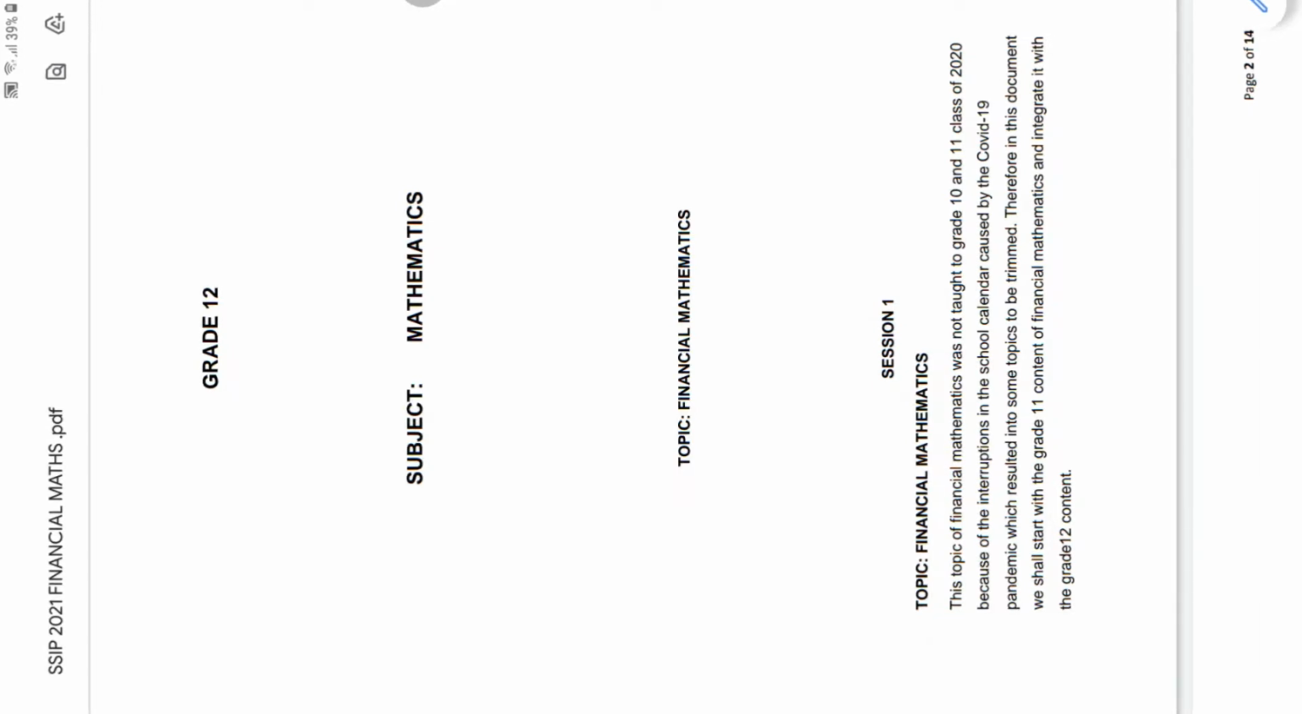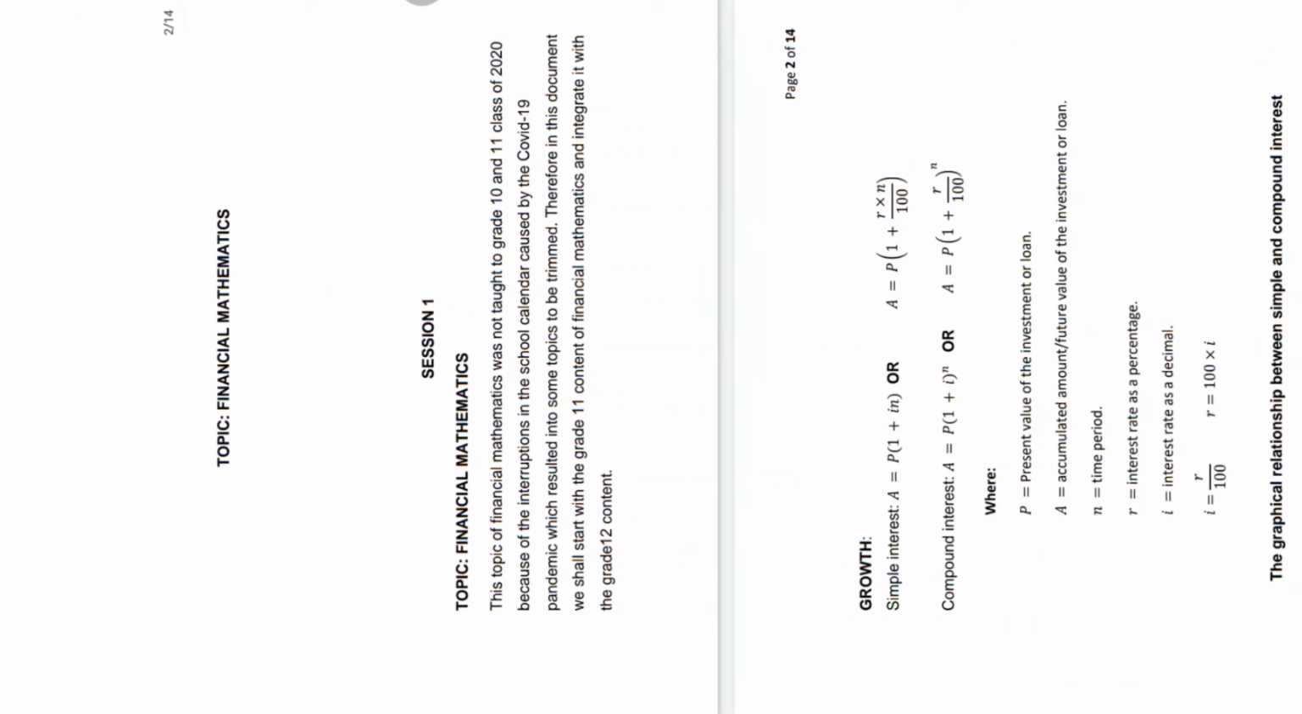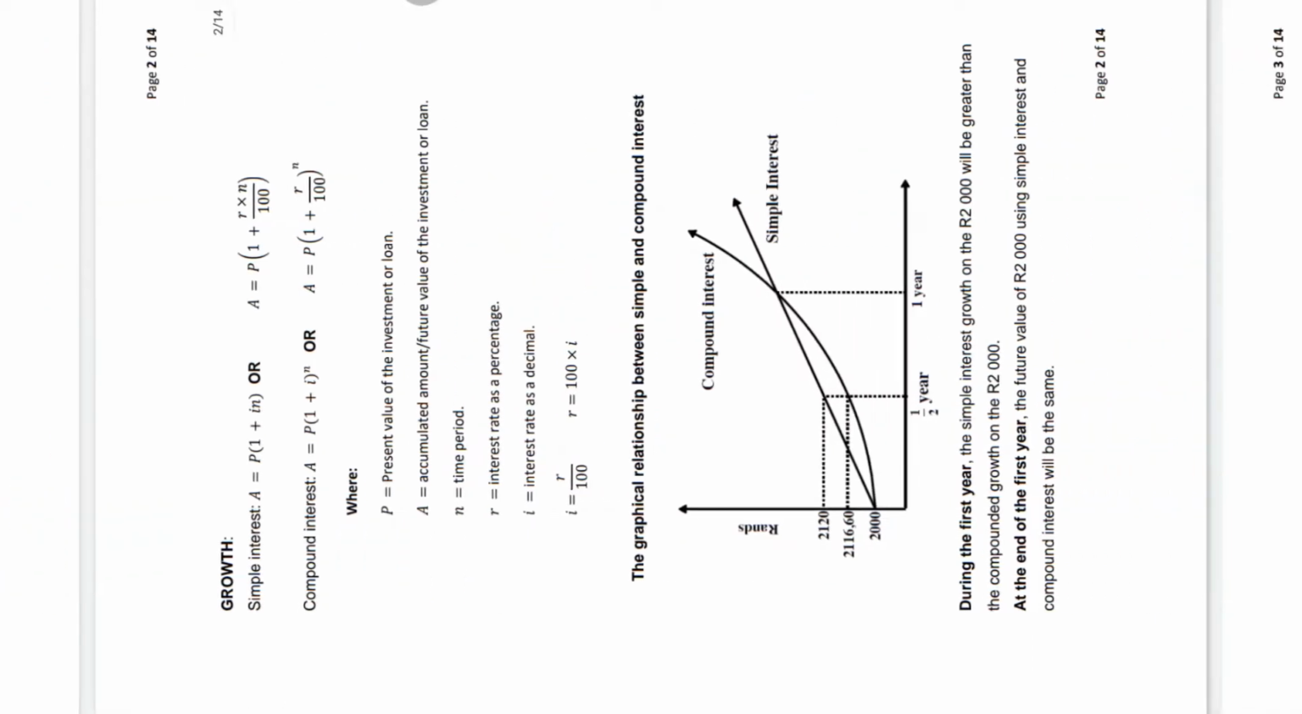Today our topic of discussion is financial mathematics. This is a topic you have learned since grade 9, if you remember, grade 10, 11 and 12. So with financial mathematics, we deal with financial growth, where we deal with the simple interest and the compound interest,